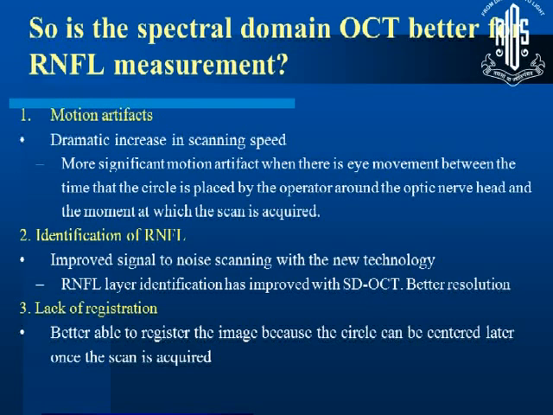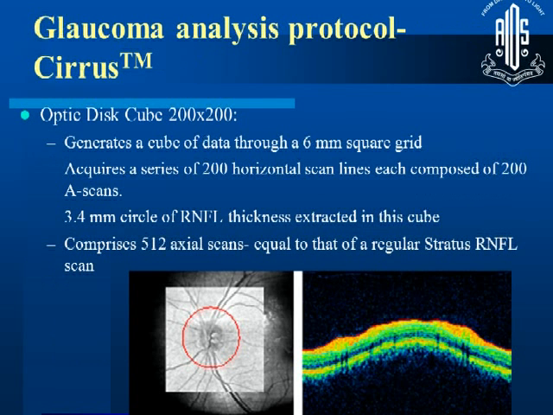We're better able to register the image because what the SD-OCT takes is a cube around the optic disc, and the circle can be adjusted later. So the patient image can be acquired and you can go away. You're not dependent upon the patient. As long as the optic disc is somewhere between the 2x2 cube, you can take your circle scan and place it later. So this is what it looks like. This is the cube, and this red circle is movable. So even if this disc has moved anywhere around, you can just move the circle. So in that sense it's better because you're not completely dependent upon the patient for fixation.